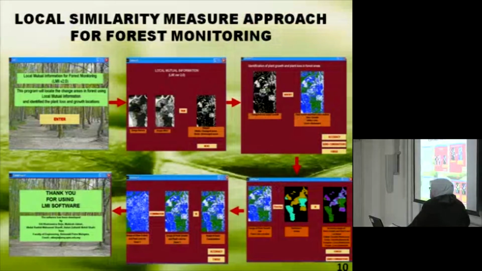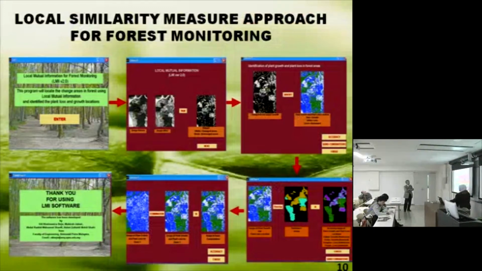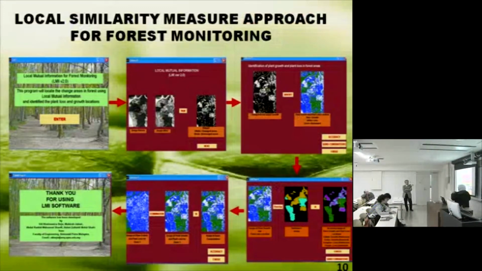The plant loss is due to the loss of habitat or human? Human. So this area is mangrove forest area. They normally harvest the trees. We try it because if we do it in a forest where we don't know the condition, it's quite difficult to get the data. So we use a forest where we know what happened to that area.